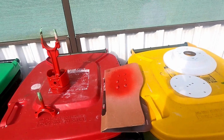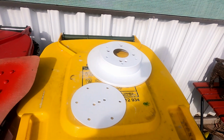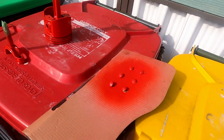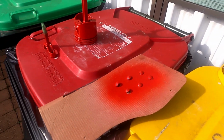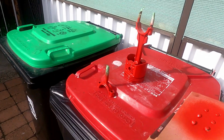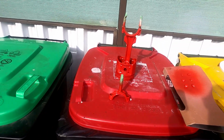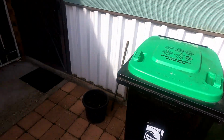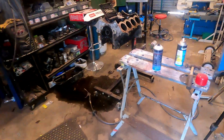Righto, I'm at a bit of an impasse for today because I thought I had gloss black. I don't. I only have matte black, so I'll have to get some tomorrow, but they'll be well and truly dry, primed, ready to go. They've got the final coat, so they'll be all good. That'll give them more time to dry too. I don't like to rush stuff because otherwise you end up leaving fingerprints and all sorts of nasty stuff in them. So I'm going to leave them in the sun for the rest of the day to dry properly, and